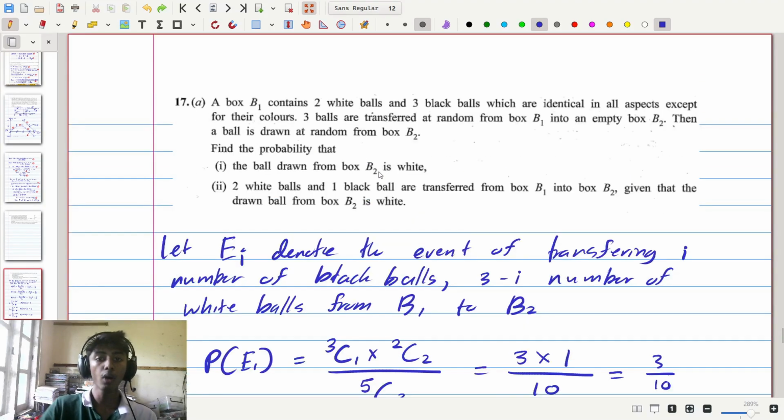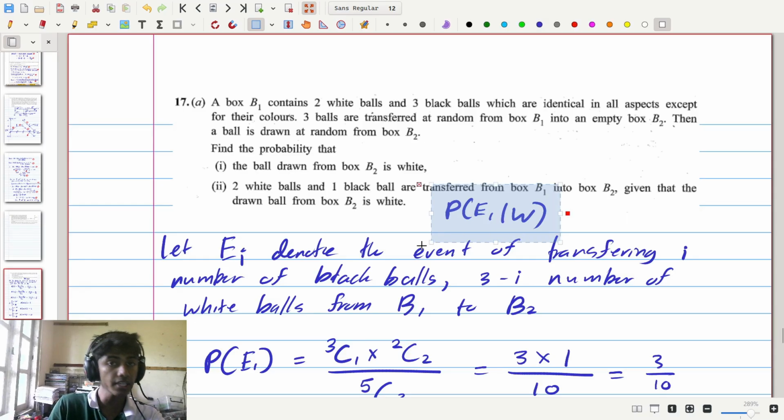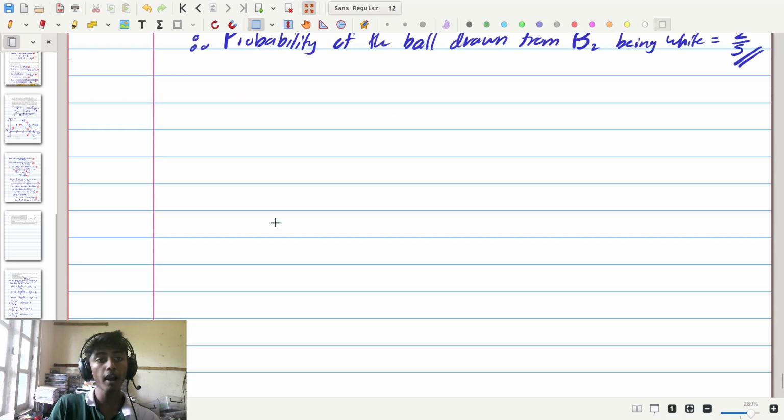So therefore, what the question is really asking us is to find the probability of event E1 occurring given that the final ball drawn is white in color. And therefore, what we're asking is to find the probability of E1 given W. So for this, what we're going to do is to go down and apply Bayes' theorem for probability of E1 given W in terms of probability of W given E1, probability of W, and probability of E1. So going down, for part 2, I'm going to write, for part 2,